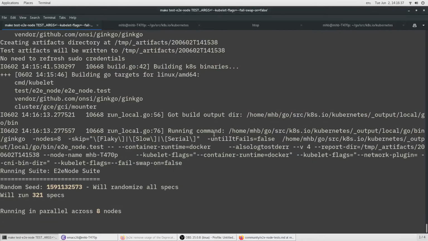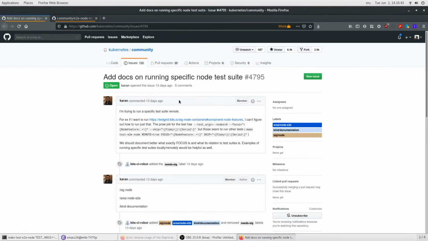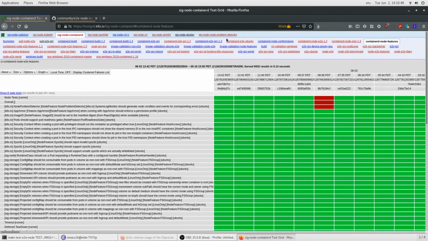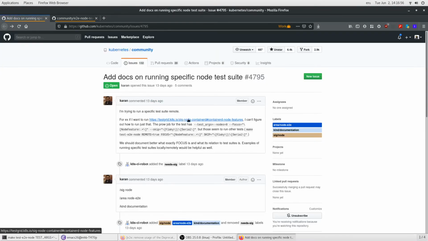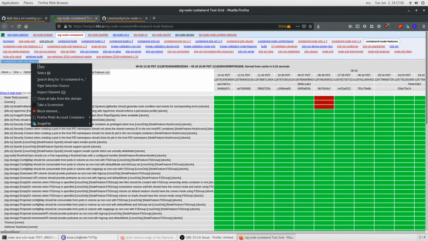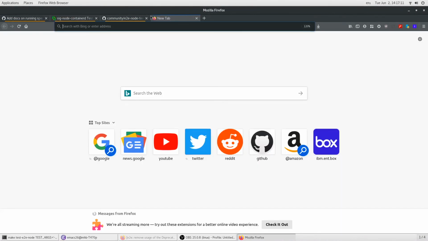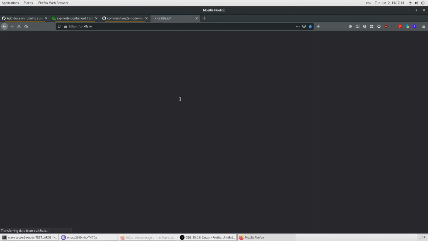Okay, so now we've got to the point of, hey, I want to run the same thing that's running on some of these. Now that issue was specifically running the sig-node containerd node features suite, which is there. And so we've got this nice default description, which is basically the test suite name. And so if we look it up,